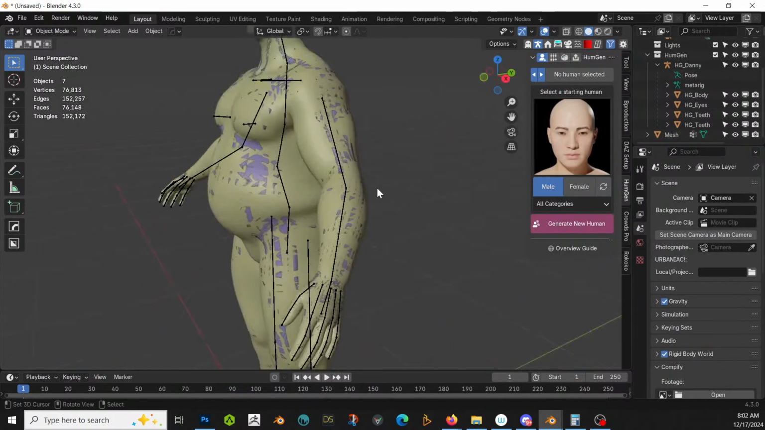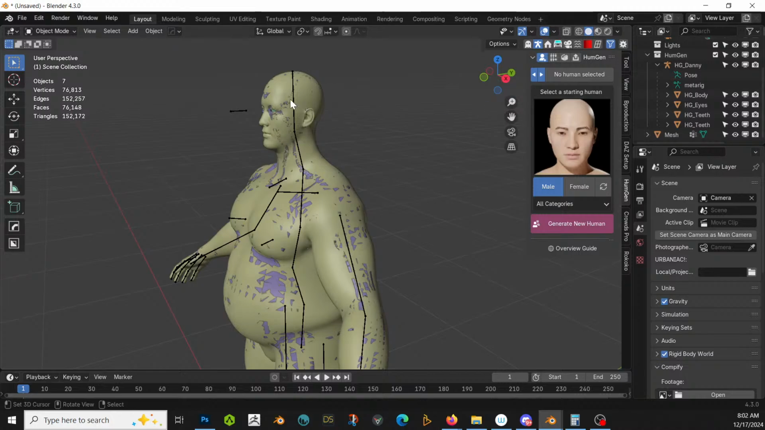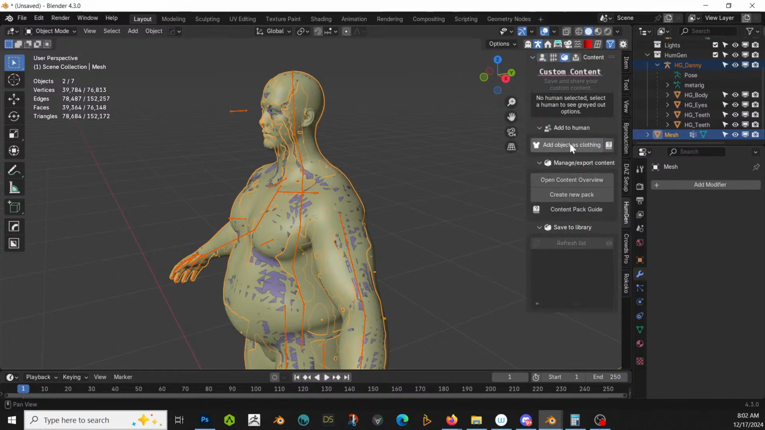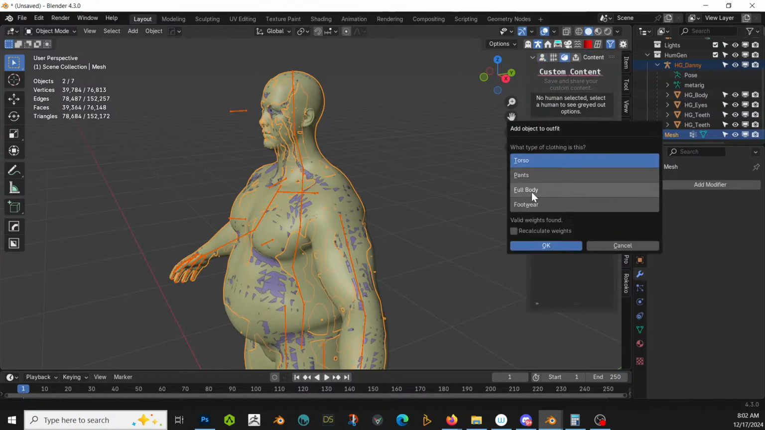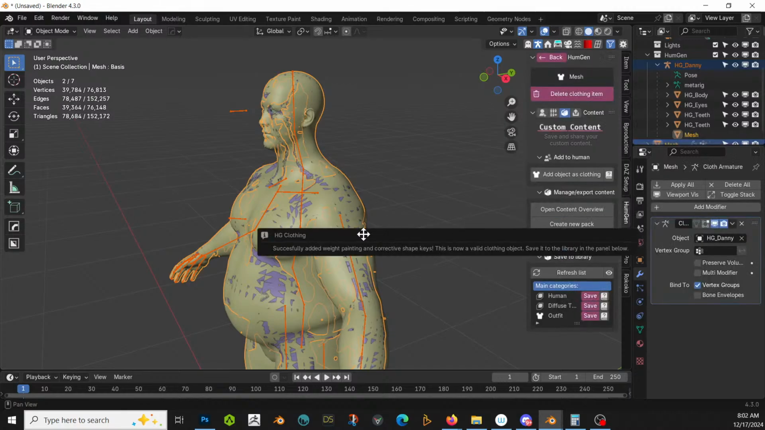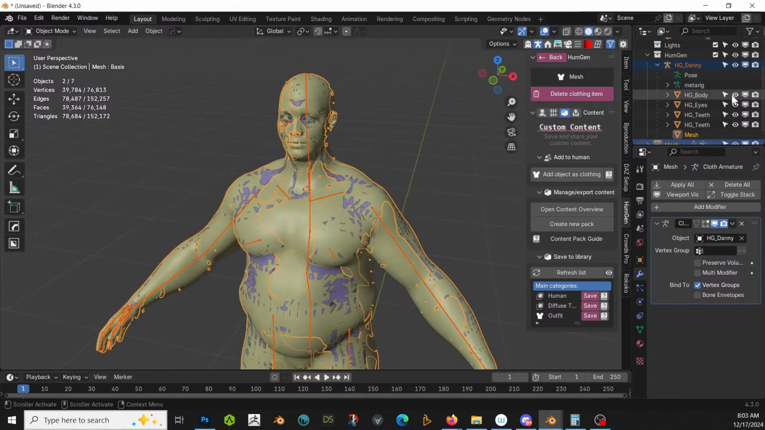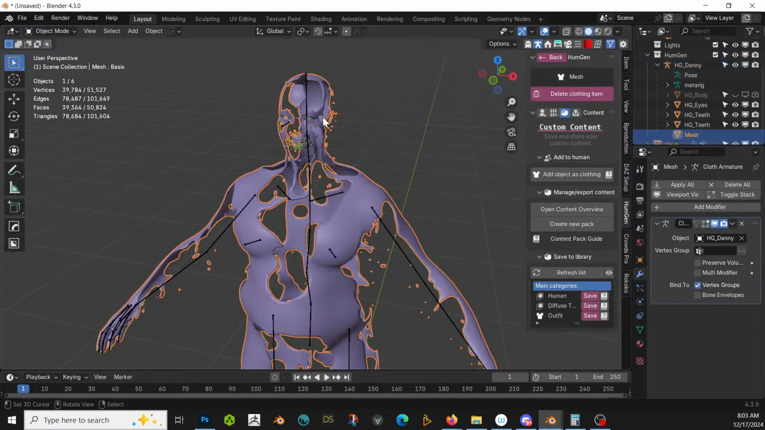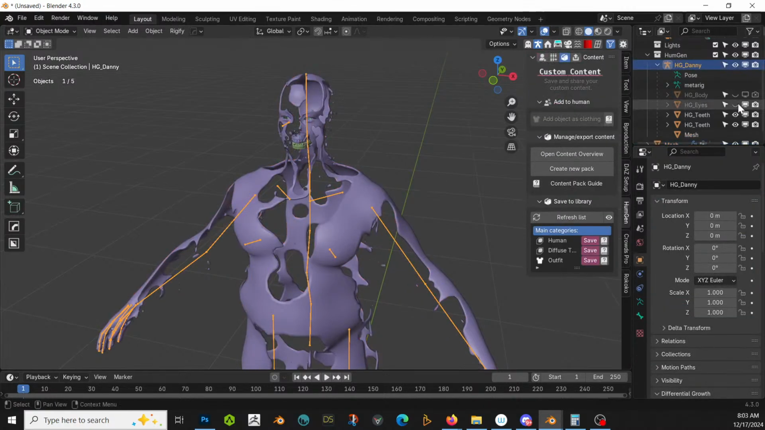Come back. And we're going to grab that and that. Add objects clothing. Full body. Looks like it worked. Okay. Turn off that. Back. Here. Oh. Let's turn off the eyes and the teeth too. Okay. And now